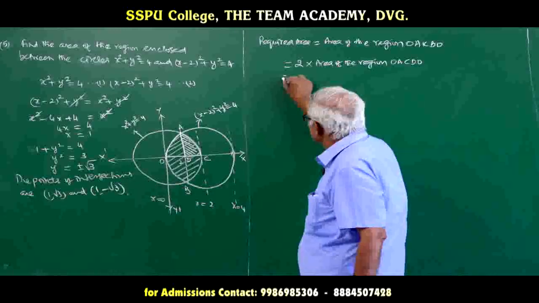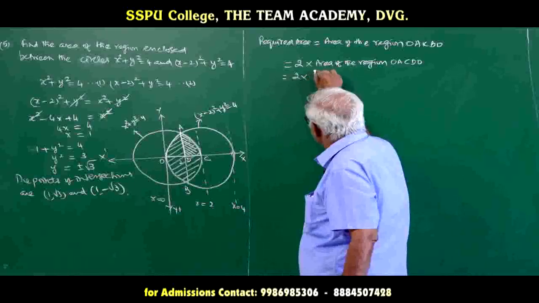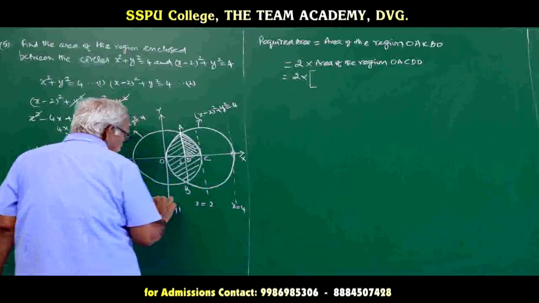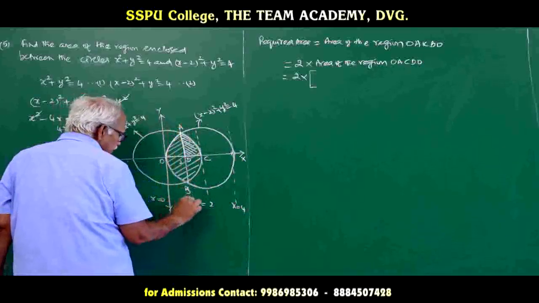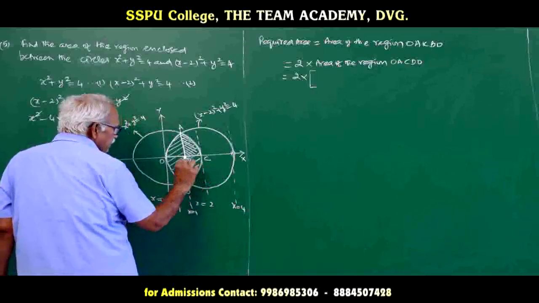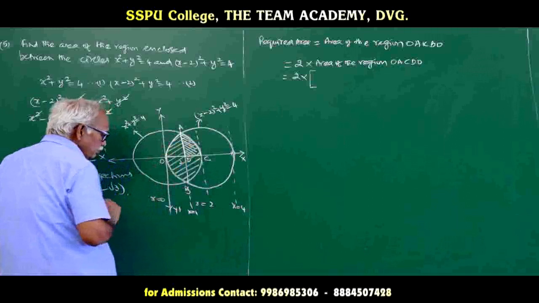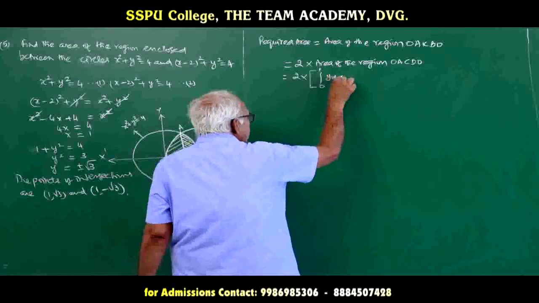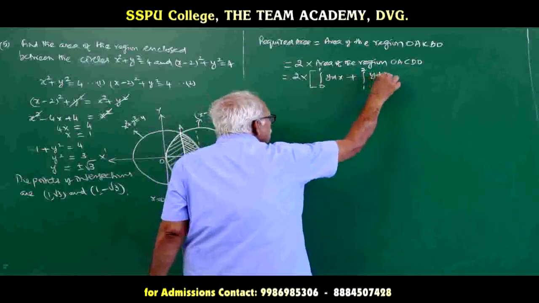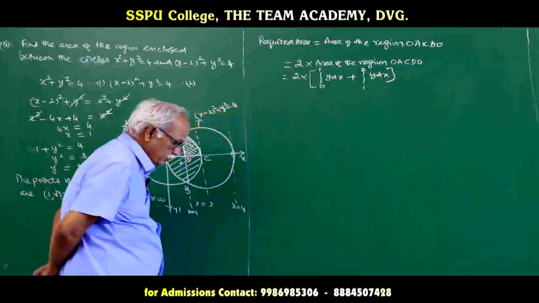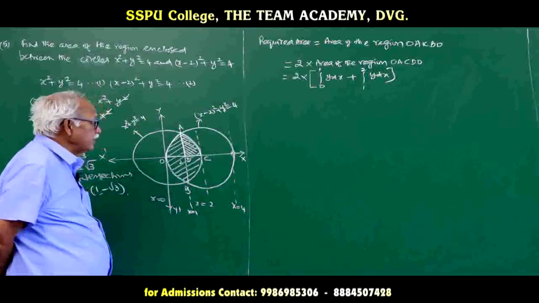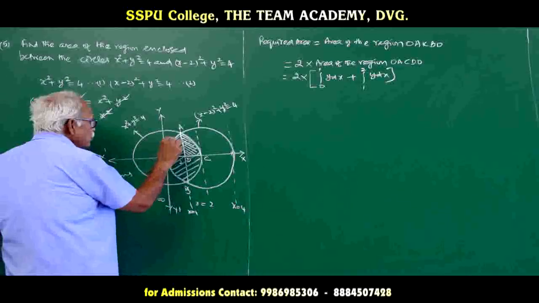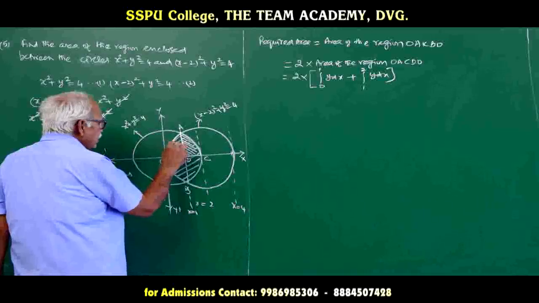Now, this area also 2 into, we have to take two areas here. One area is between x is equal to 0 and this ordinate x is equal to 1. Another area is x is equal to 1 to x is equal to 2. So, we have 0 to 1 y dx, 1 to 2 y dx. Two areas are there, 0 to 1 y dx, 1 to 2 y dx. Y we have to get, suppose you want this area.